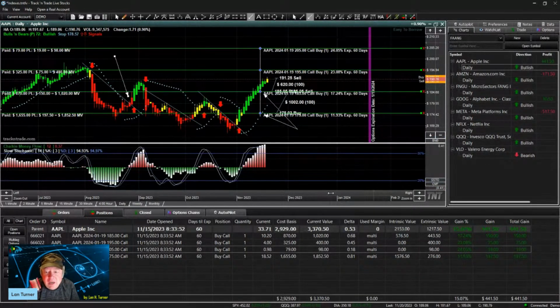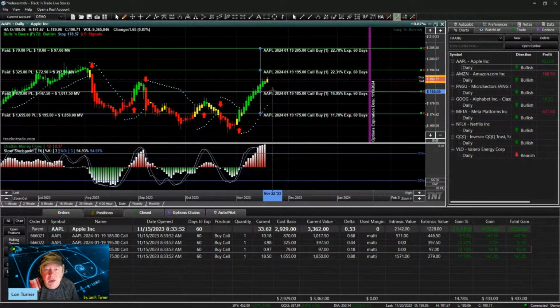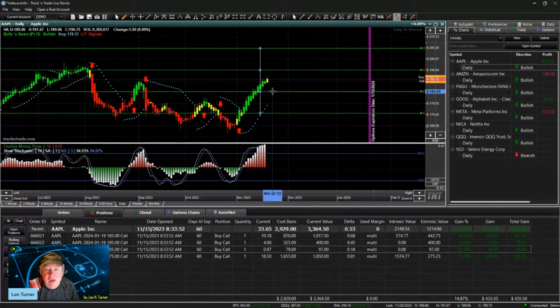Let's go in, and I want to talk about delta. Delta is very important. So I'm going to come in here. We have the delta column in here. And I want to explain to you, if somebody was on their game right now, and I'm going to delete all of our drawing tools, somebody was on their game and they come in here and they said, Lane, I saw you draw a dollar calculator from where you got in with that at the money option up to where the market's currently trading. And that shows